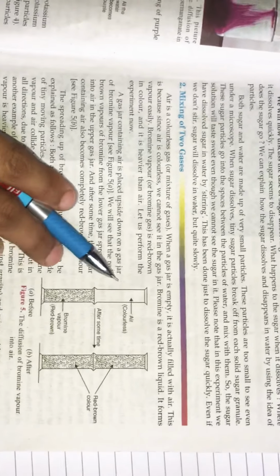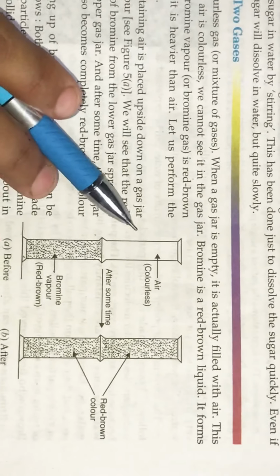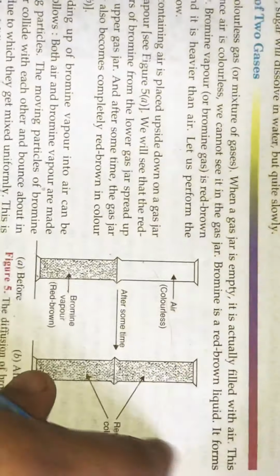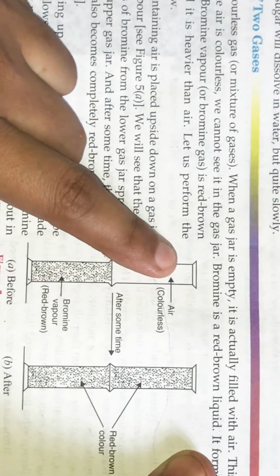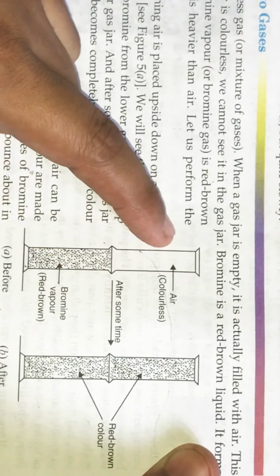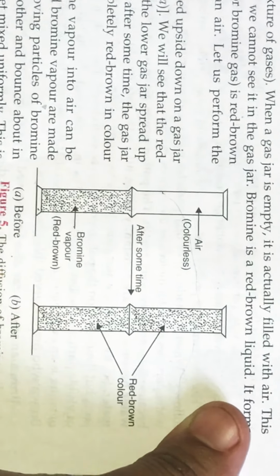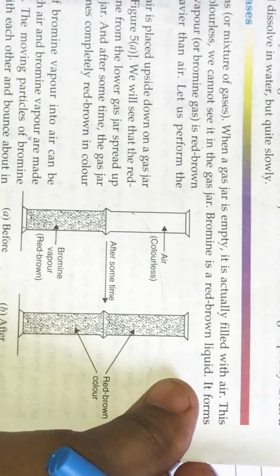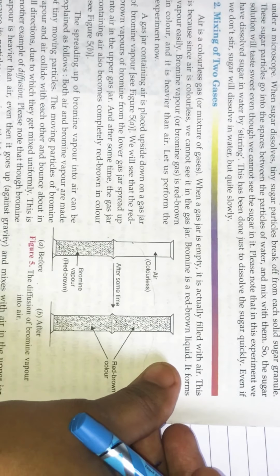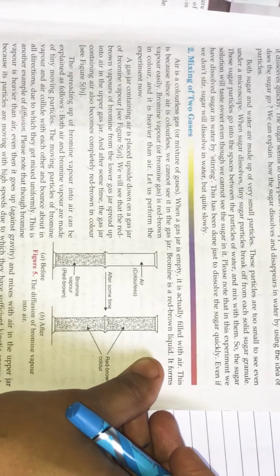You know that when there is a jar separated by one boundary, and you allow the gas to mix into the other, one chamber of the cylinder had only gas and the other was empty. When you allowed it to mix, both gases occupied the entire space. This shows that a number of particles are moving from high concentration to low concentration. So one phenomenon is happening here, the mixing of two types of states. It can be the same state or different states, and that phenomenon is called diffusion.